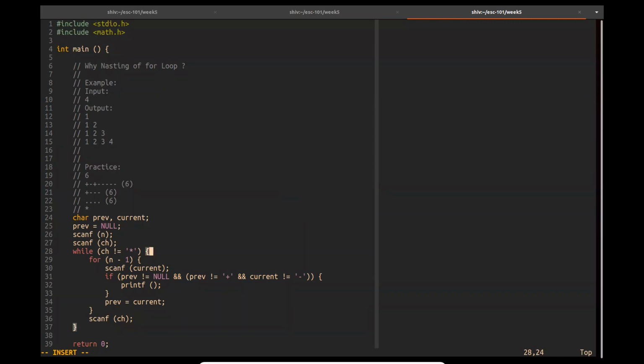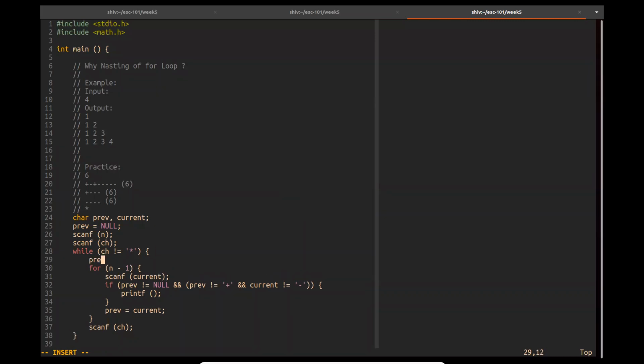And now this previous would be this ch instead of null. Yeah, tell me the problem here. Be null. So here in this example, the previous